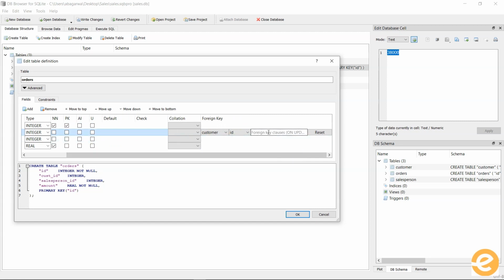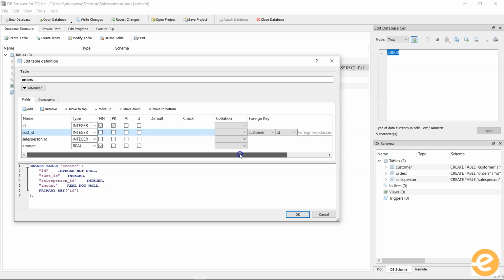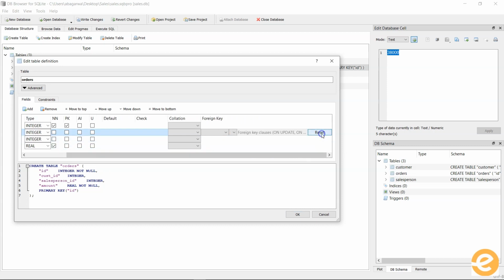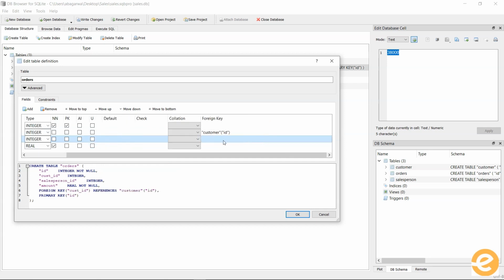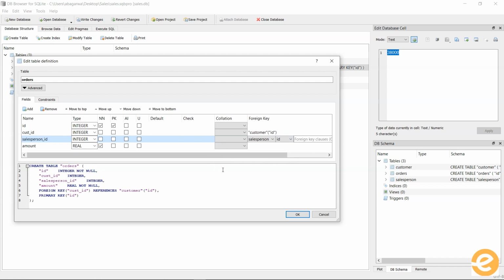Now over here, it generates a statement or key clauses, which is a default one. If you want to remove this, you have the option of resetting it, right? So again, I will just go ahead quickly and choose the ID from customer. Similarly, we have the salesperson ID, and for that we need to just double click over here, choose the table which is salesperson and choose the ID over here. After that, we are done. So if I click outside by pressing tab, we will see that the reference has been created.